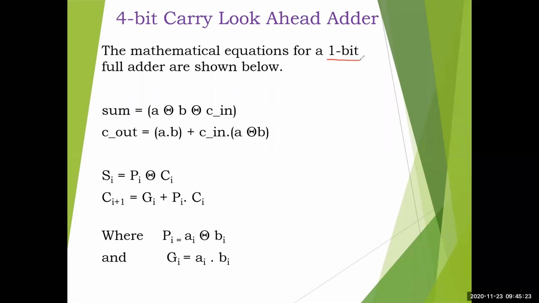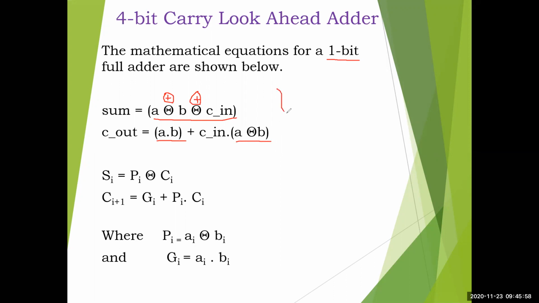So what is the equation you got after writing the truth table? We have discussed this in gate level also. The first equation, sum equal to a xor b xor c in. I didn't get the symbol properly in Word, so I have used this; this is actually the xor symbol. While copying down, you write the xor symbol. a xor b xor c in was there, right? And c out was a dot b, just refer to the gate level modeling video. Then it is a xor b into c in, or c in into a xor b, you got, right?